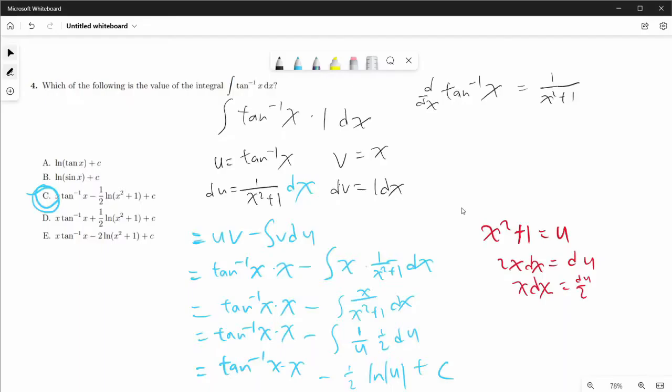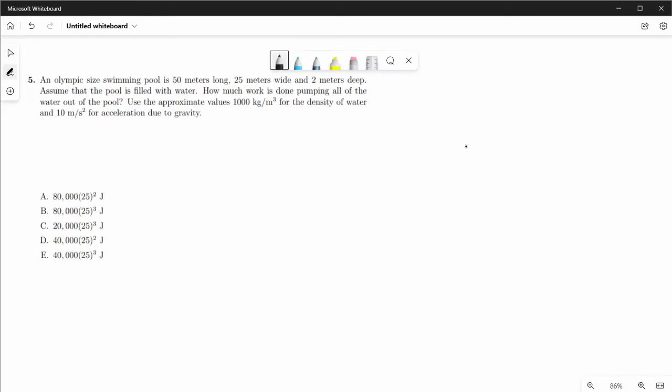For number 5, we have a physical application of integrals. So we have a swimming pool, a rectangular prism, pretty long, 50 meters, standard Olympic sized, 25 meters wide. Say that's 25. Not drawn to scale. And height is 2. And we are assuming that